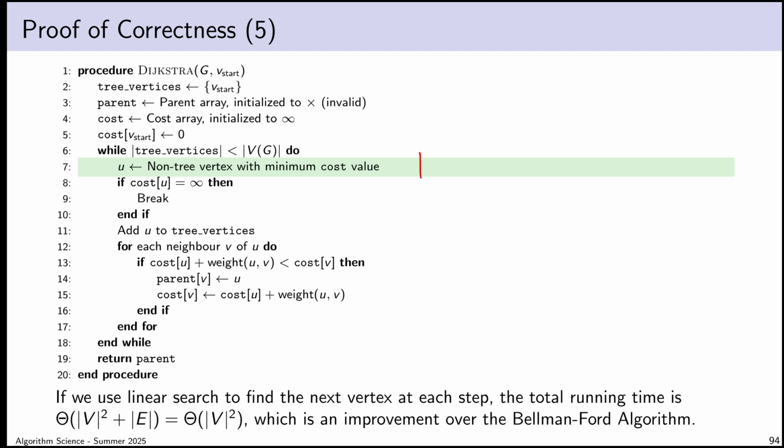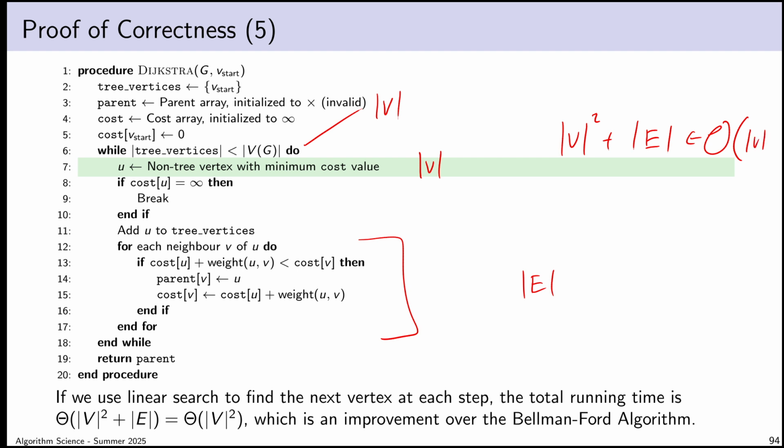Well, the size of the cost array is the number of vertices, and the number of iterations of my outer loop is also the number of vertices. And this, over all iterations of my outer loop, is going to have this running time, which means the total running time overall is going to be v squared plus e. And then, of course, we know that e is at most v squared in the worst case, which means this is actually just going to be big theta of v squared, which isn't bad. That's a concrete improvement over the Bellman-Ford algorithm. The Bellman-Ford algorithm could be v cubed in certain cases. And so this one, we get it down just to v squared.